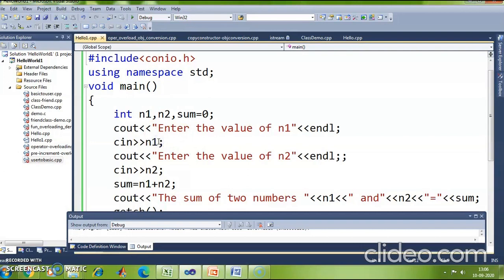For example, I can say cin extraction operator n1 to read the variable n1. So also I can read another variable n2 in the same statement. But make sure that when you are reading another variable, it has to be preceded with the extraction operator. Okay, is it clear?